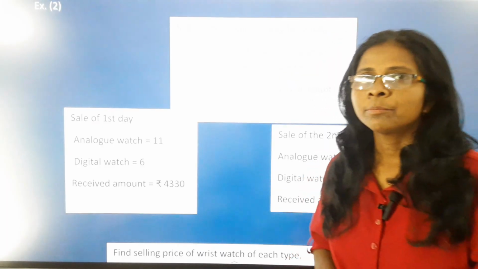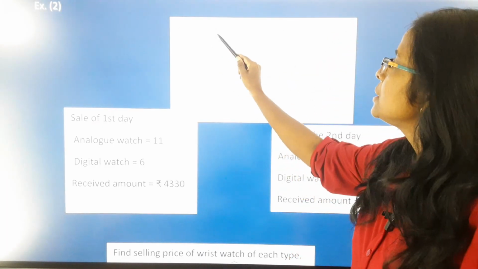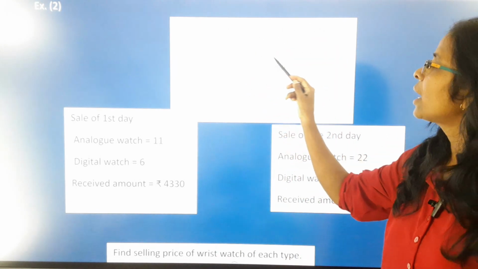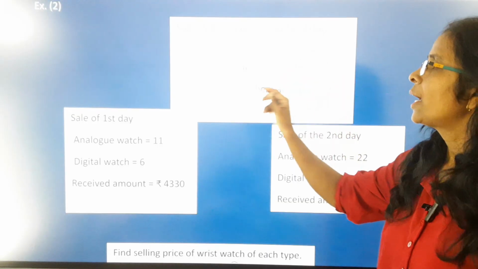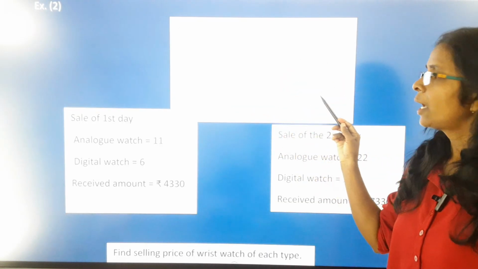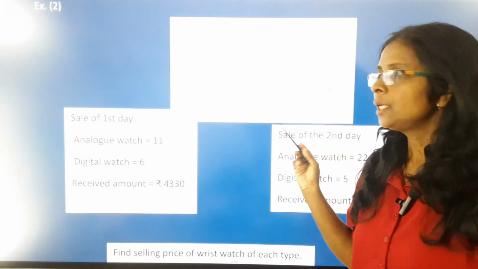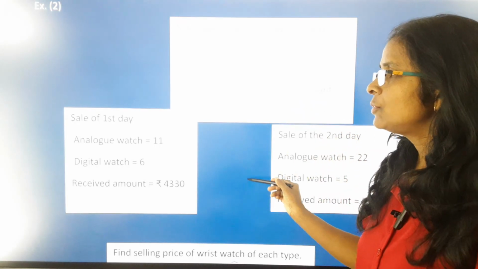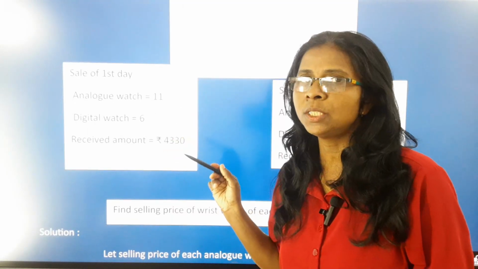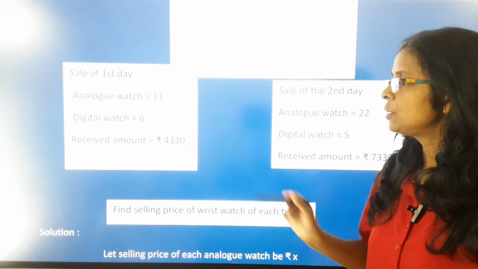See the next example, students. Sale only for 2 days. I have some analog wristwatches and some digital wristwatches. I am going to sell them at a discount. Okay. So now here, sale of the first day: analog watch is equal to 11, digital watch is equal to 6, received amount is equal to rupees